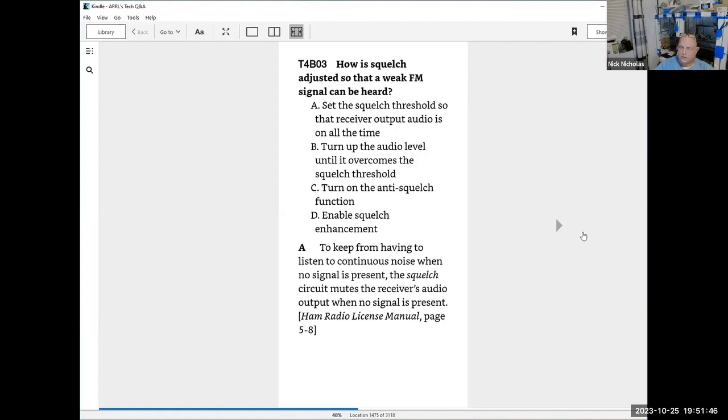So it's one of the disadvantages of FM. If FM's strong, you can set squelch up very high and you hear no noise in between the transmissions. But when FM is very weak, you're going to have to listen to noise if you really want to make